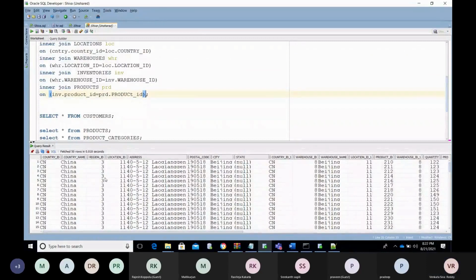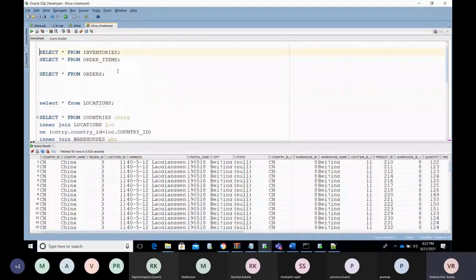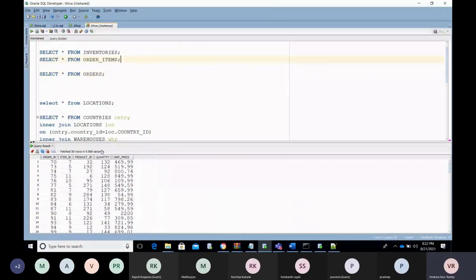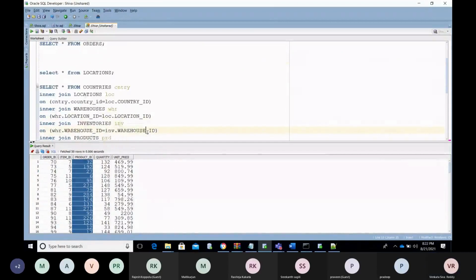So now you got the information up to here. In the order table, you don't have any product ID column, but in the order item you have the product ID column. Now you can use this order item table to get that. On top of that, you can use the order information again.